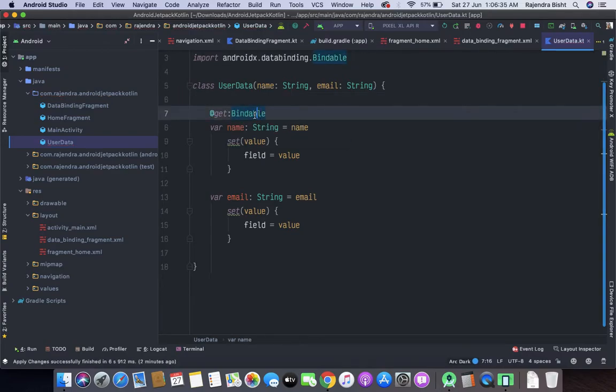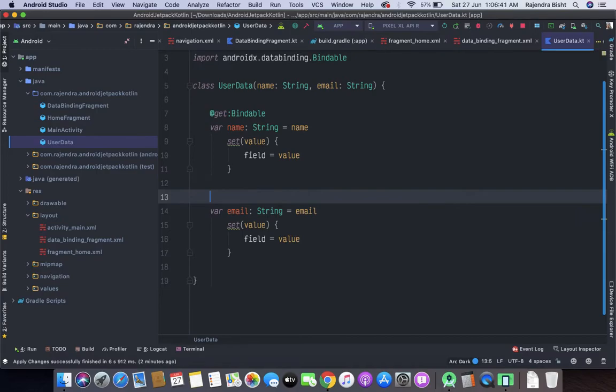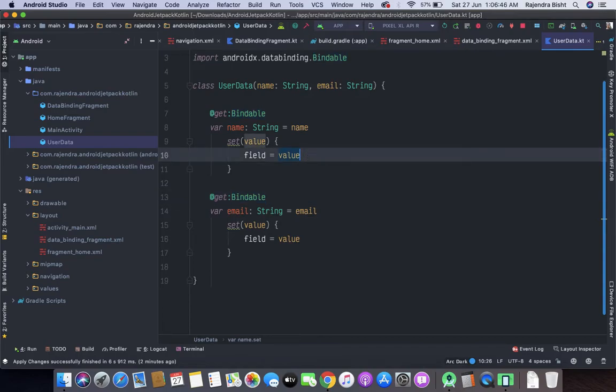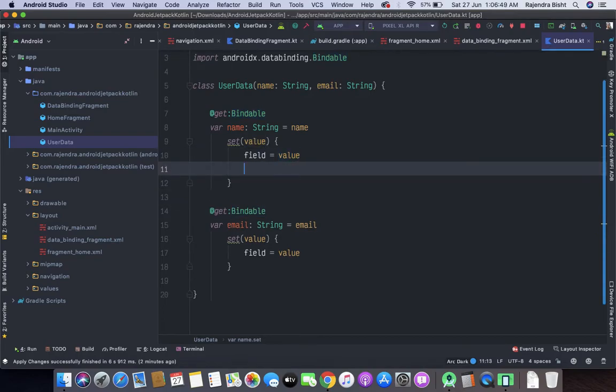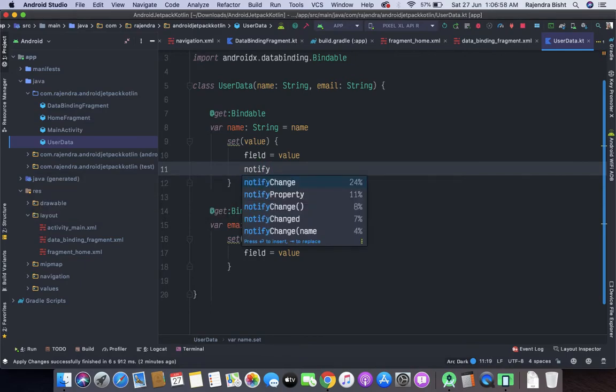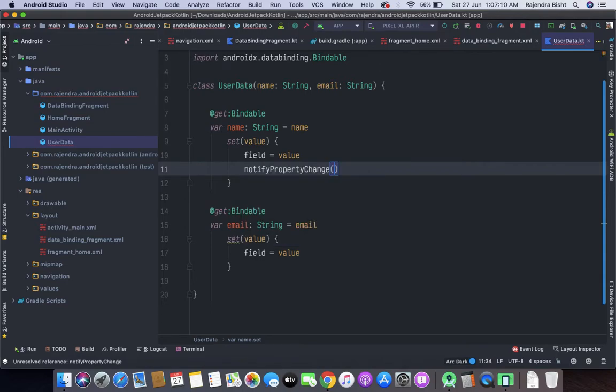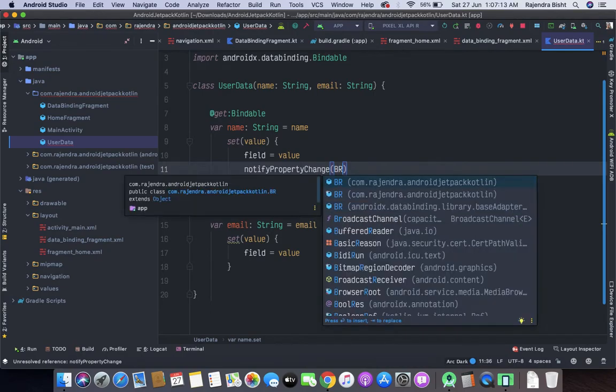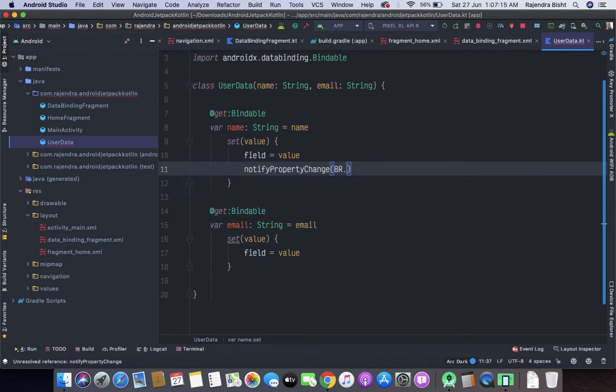Let's import. Similarly for the email. Now inside the setter we will notify the property. Notify property change, br dot name.